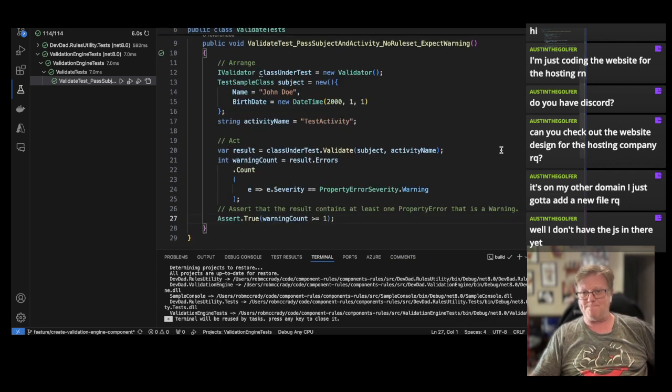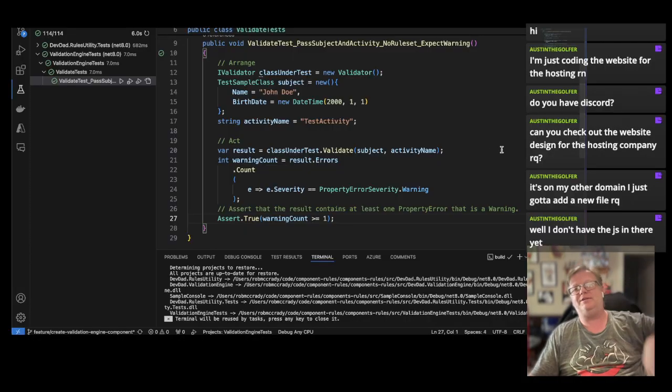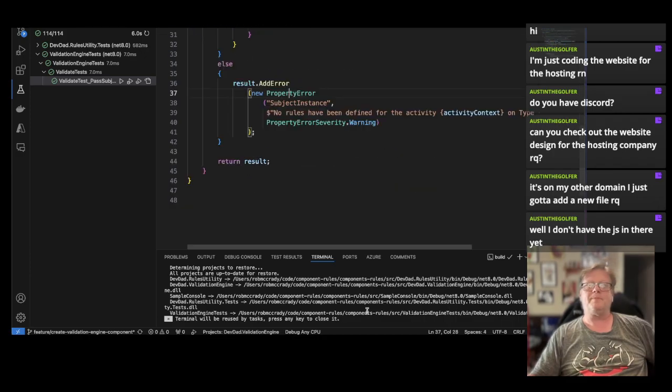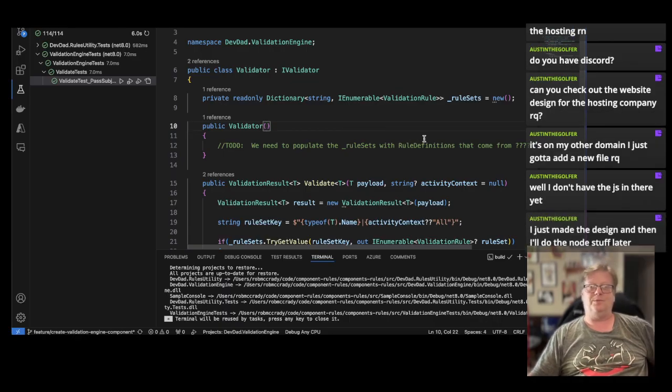So, what we need to do next is get a way to inject some rules into our validator class. So we could, okay,